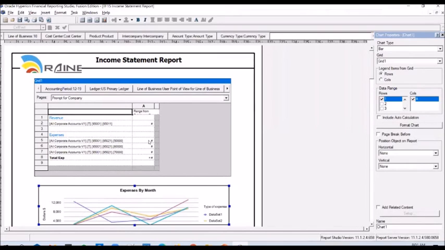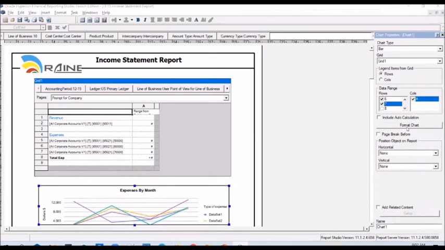I want to display the expense rows from 5 to 7, so that a quick look at it will let me know whether the expenses have increased over the 12 periods, or whether they remained more or less the same. So I want to display the balances from row 5 till 7 in the graph. So in the data range, you select the data range as 5, 6, and 7.